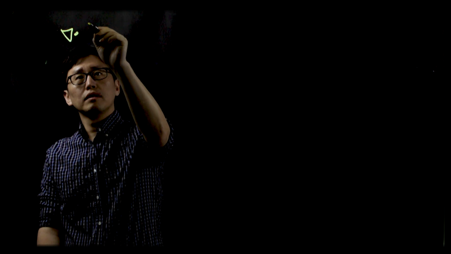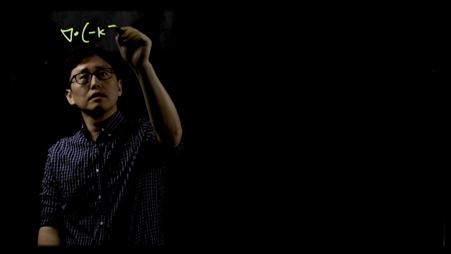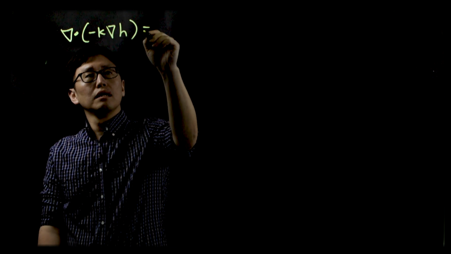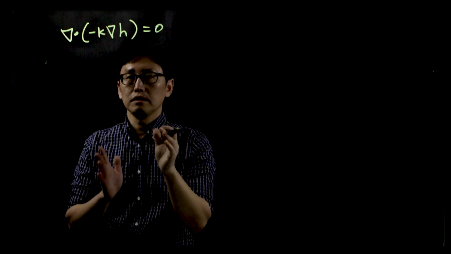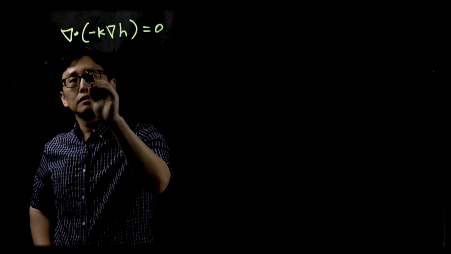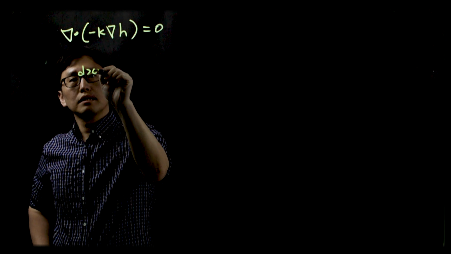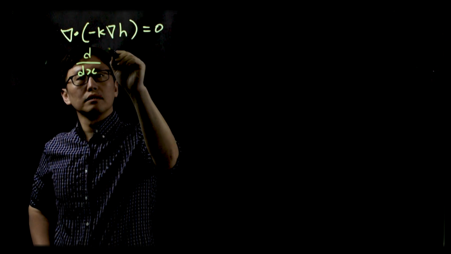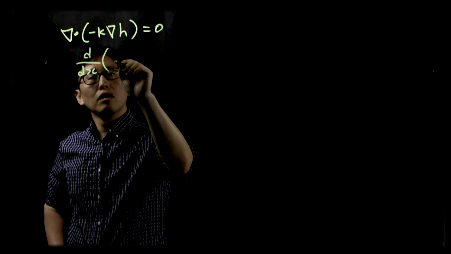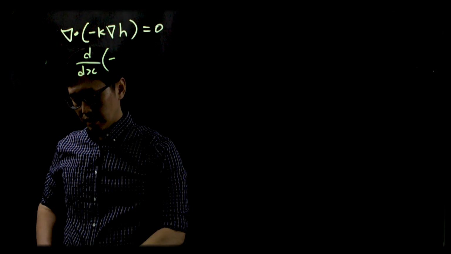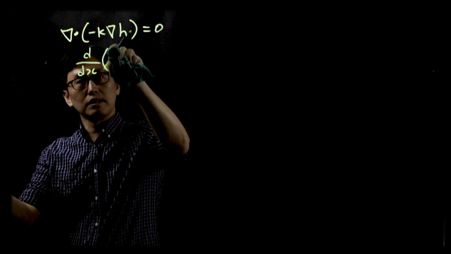We started from the one-dimensional Richards equation, which is written as divergence of Darcy flux is equal to 0. This is the equation, and in one-dimensional space, this can be written as d/dx of minus k dh/dx, which is the Darcy flux,